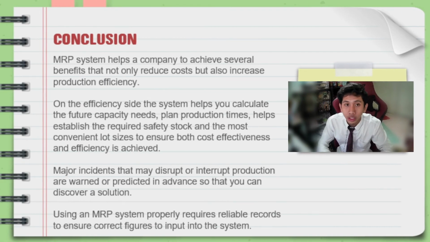In conclusion, an MRP system helps a company to achieve several benefits that not only reduce costs but also increase production efficiency. It reduces carrying, bulk buying, and material tracking costs. On the efficiency side, the system helps you to calculate the future capacity need, plan production time, and help establish the required safety stock and the most convenient lot size to ensure both cost effectiveness and efficiency are achieved. Major incidents that may disrupt or interrupt production are warned or predicted in advance so that the manager can discover a solution. Using an MRP system properly requires a reliable record to ensure correct figures to input